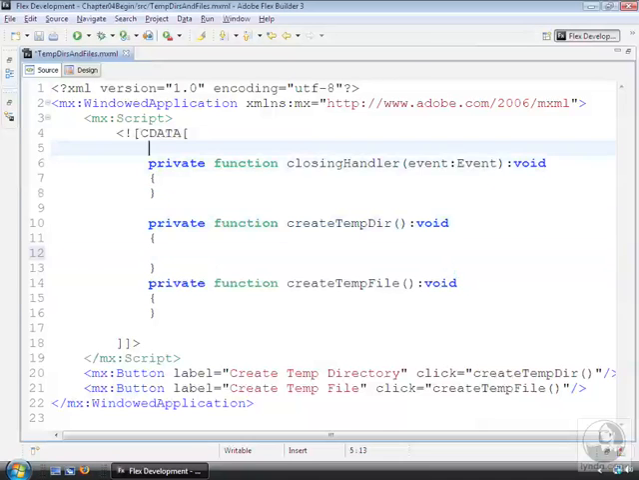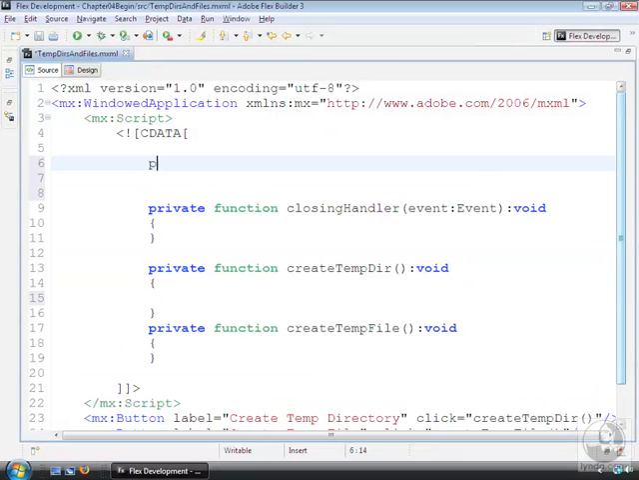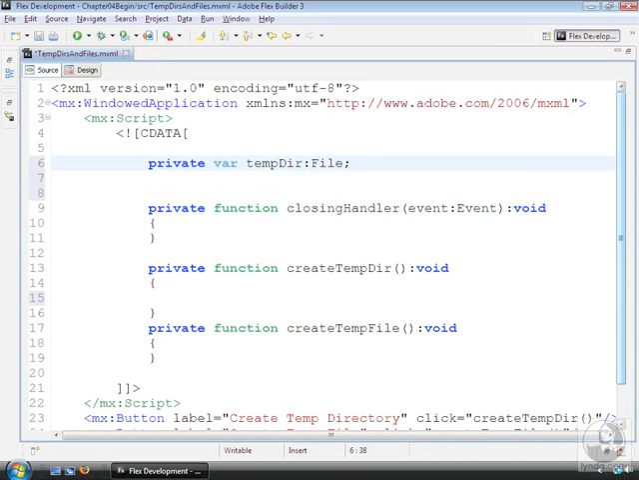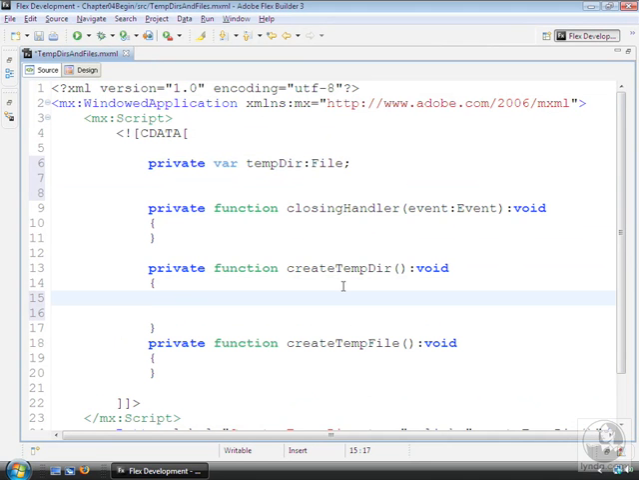First of all, place the cursor above the functions and declare a private variable named tempDir, data typed as a File. Don't initialize the object yet, just declare it at the top of the functions. Then go to the createTempDir function and add this code. tempDir equals